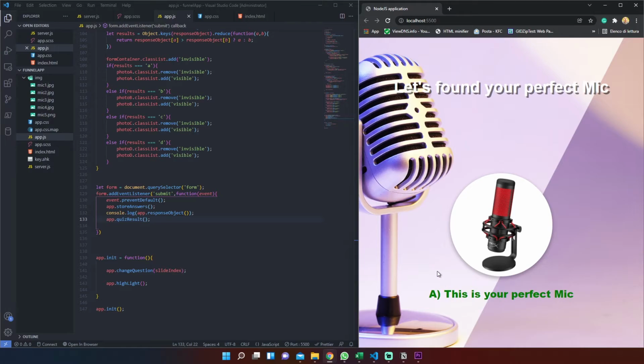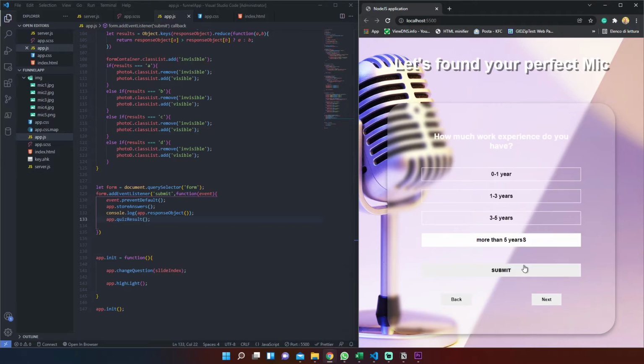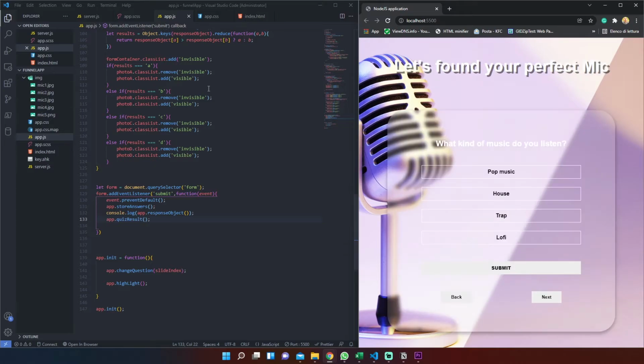Yes, let's go. Our front end is working okay, perfect. We can try another time. So C, D, okay, perfect. Now that our front end is ready, we can pass to the backend part, where we build together